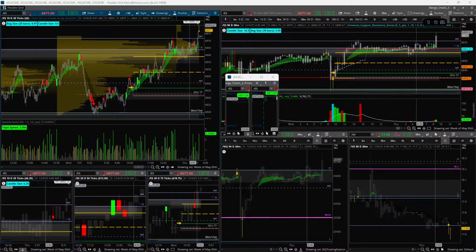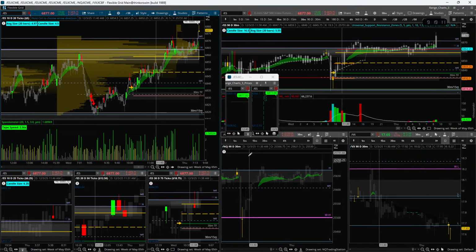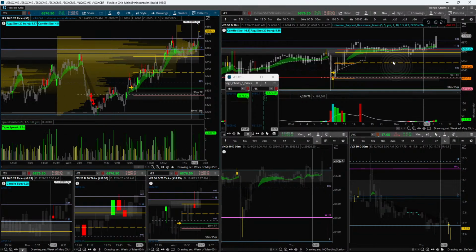Okay, so we're gonna keep it simple. We have December 4th, 2025, Thursday. I'm going to continue to work on following this idea of volume profile lining up with support and resistance lines